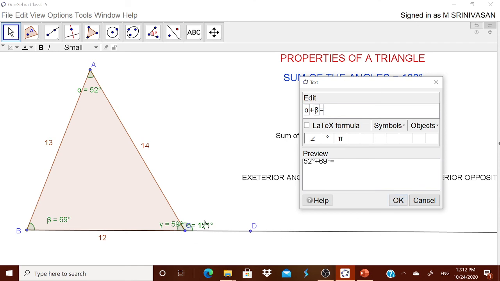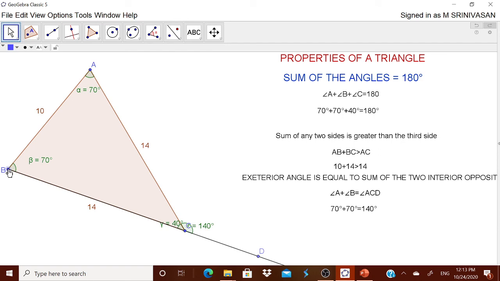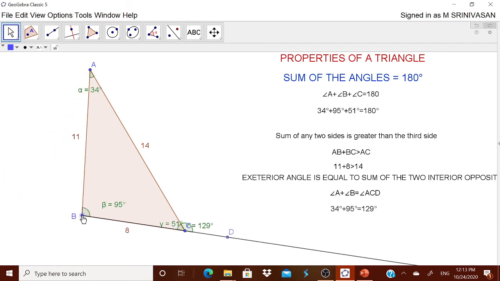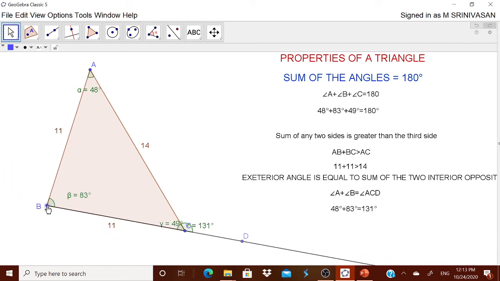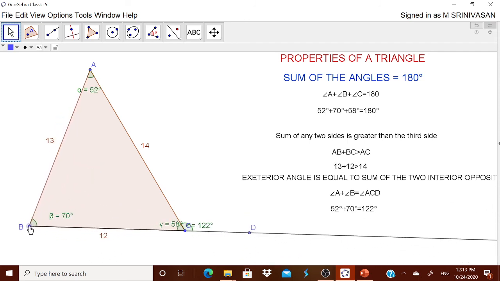You are seeing it as the last angle, which is epsilon or gamma, whatever you call it. Okay. Now you got it over here. Now you move it. It changes now: 70 plus 70, 140; 34 plus 95, 129; 48 plus 83, 131, and so on. At any place the child can check it out.